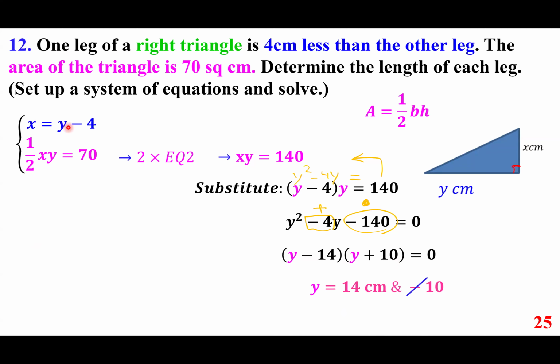We go back up here, and we say if Y is 14, minus 4 is 10, X is 10. And we check it, see, half of X times Y. If I multiply these two, I get 140. Half of it is 70. So it takes a split second to check. And that's the beauty of math. You can always check your